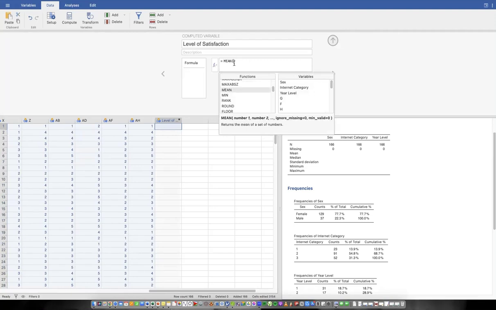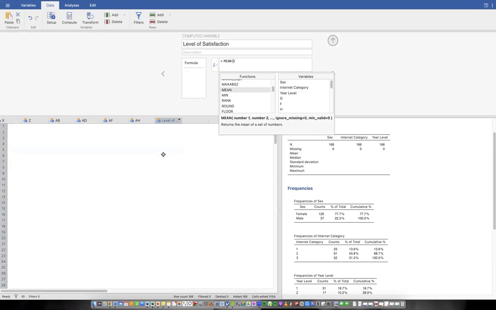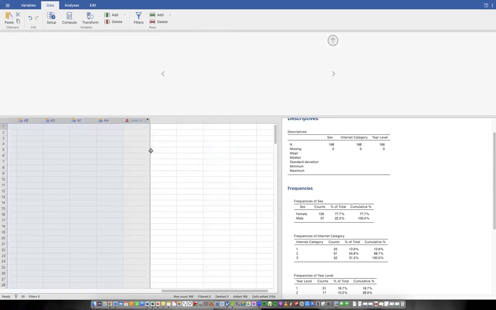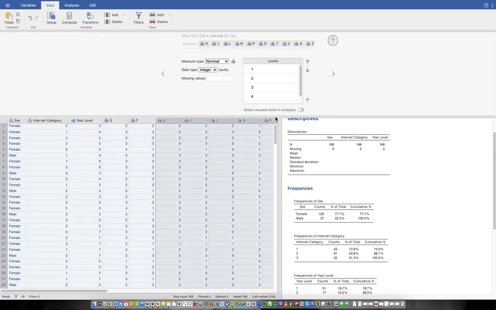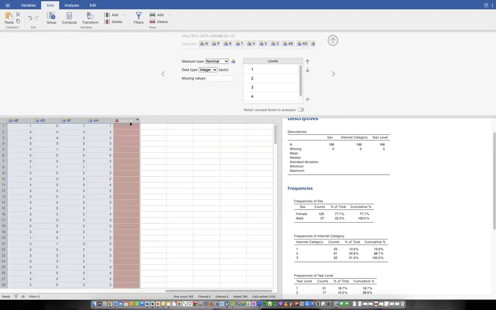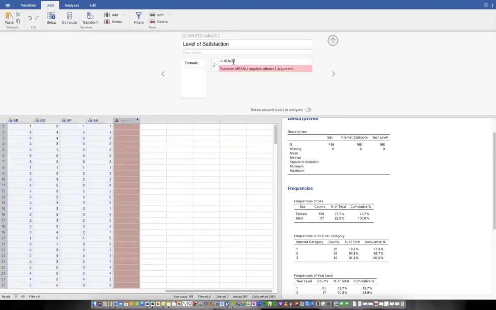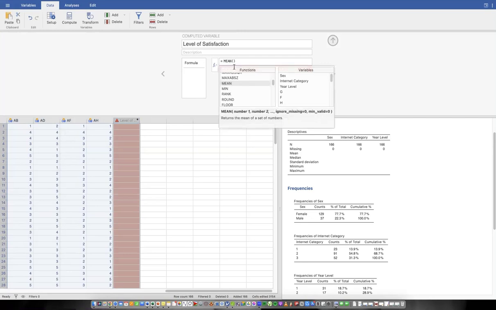I'm going to make sure that the blinking cursor is right between the parentheses. I need to input the first column for my variable of satisfaction, which is column G, right? Of course it's red because we didn't define the function. I want to input column G, again making sure that my blinking cursor is between the parentheses. I want to input G there, double click, comma, double click on F, comma, double click on H, comma,